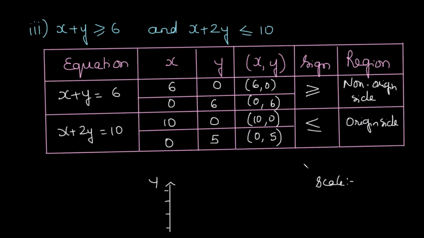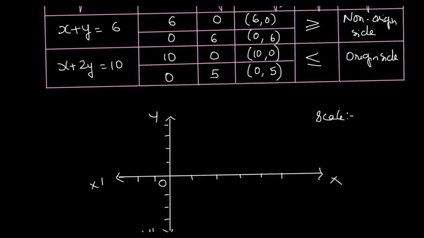Now what we observe here is that, just like the previous sum, the x coordinate goes up to 10. To make the graph shorter for us, otherwise we are going to plot up till 10, we can take 1 centimeter is equal to 2 units on the x-axis as well as on the y-axis. We can easily plot 5 on the y-axis that way also. I'll show you how. So we'll take 1 centimeter is equal to 2 units on both the axes. So that does it for the scale.